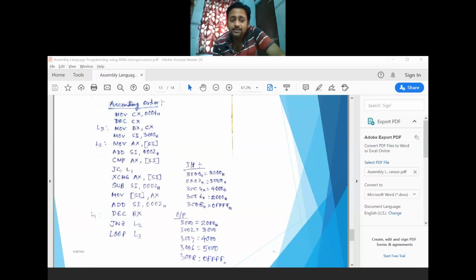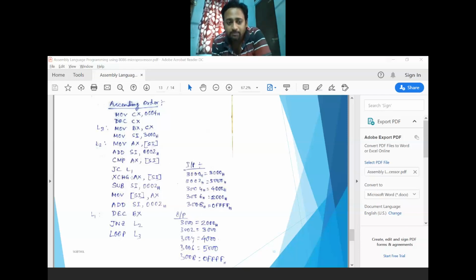But if there is no carry, then the first content is the largest one and the next content is the smallest one, so it is not in ascending order, it is in descending order. So I have to change it, the contents will be exchanged. That's why XCHG AX, [SI] has been used. So the content of this one will be moved to this one, and the content from this location will move to the second one. Then again you need to move to the initial position.